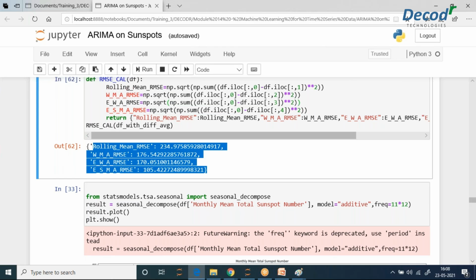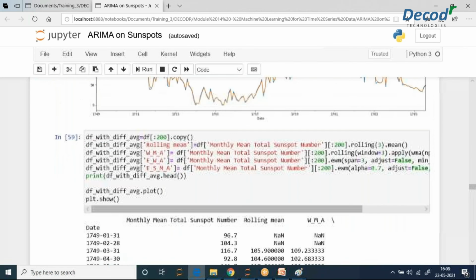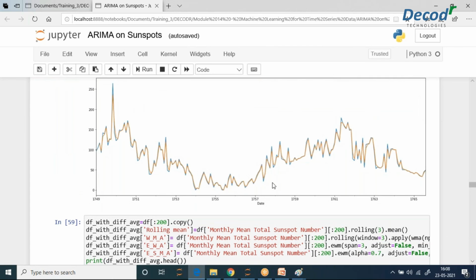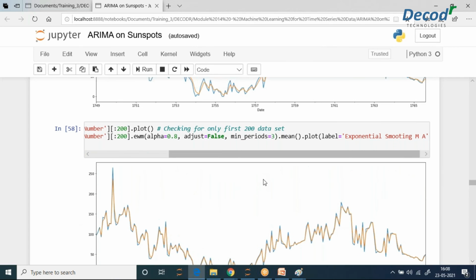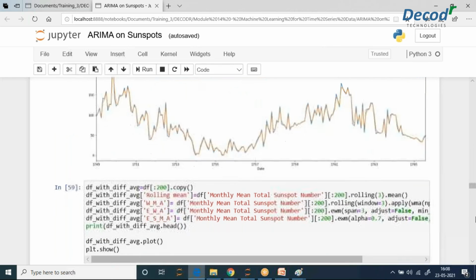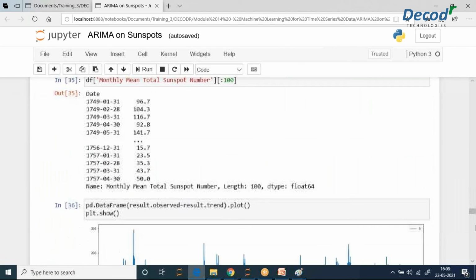Now we were also using ARIMA, and we could have got one score and also one visualization where we would have seen this kind of overlapping happening, and we could have calculated our root mean square error there and accordingly compared which one is working best for our data and finalized the model. Okay, that will only happen there. That is taking a very long time.